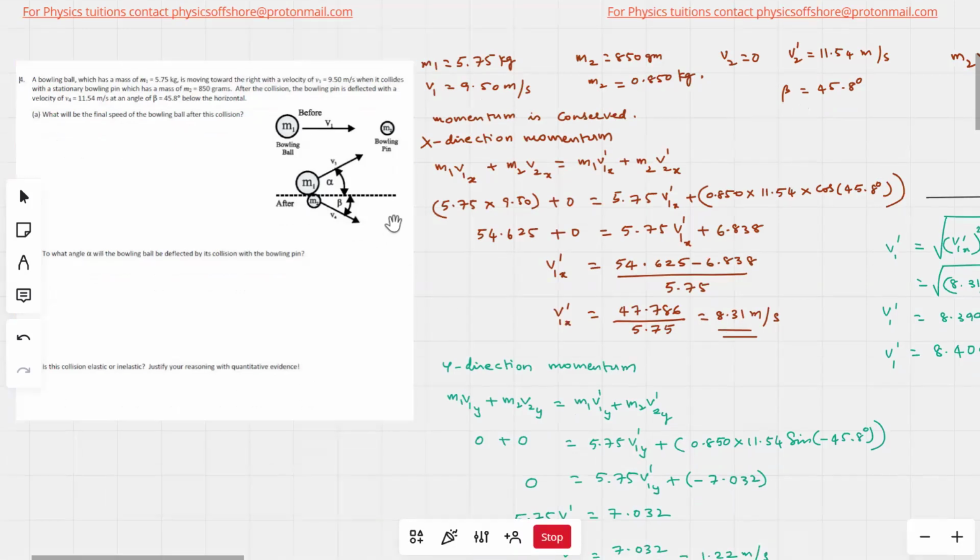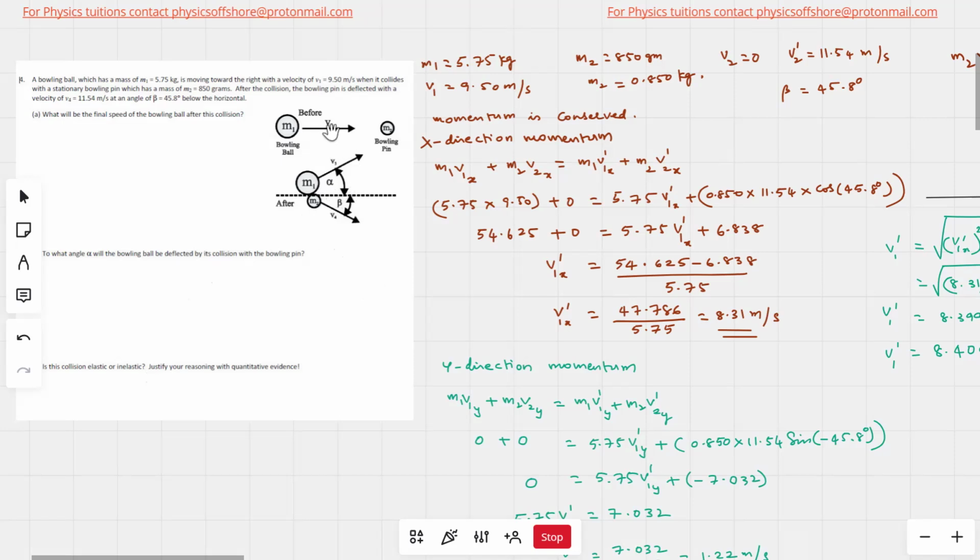Obviously, this numerical is based on collisions, and we are asked to check whether the collision is elastic or inelastic. Whatever the collision, momentum is conserved. If the collision is elastic, both the momentum and the kinetic energy are conserved. So our aim is to check